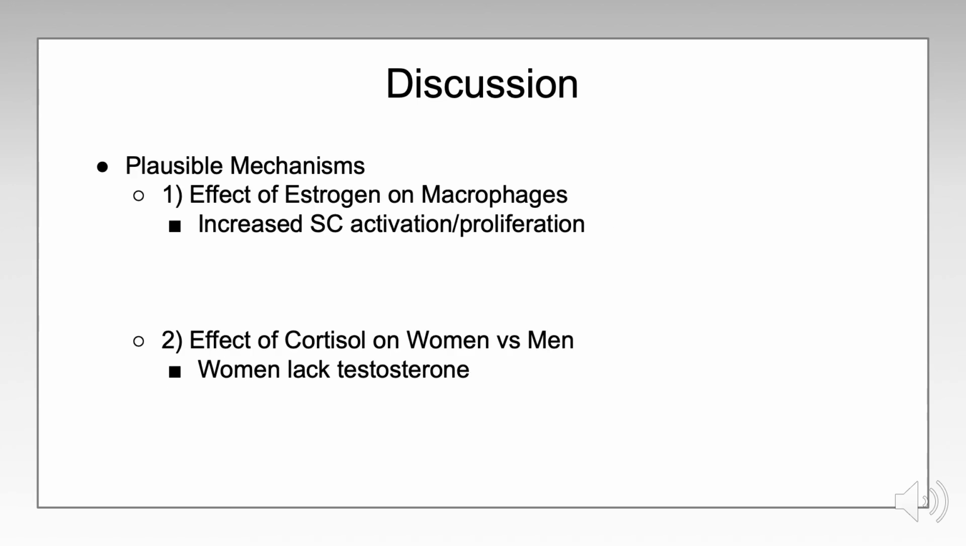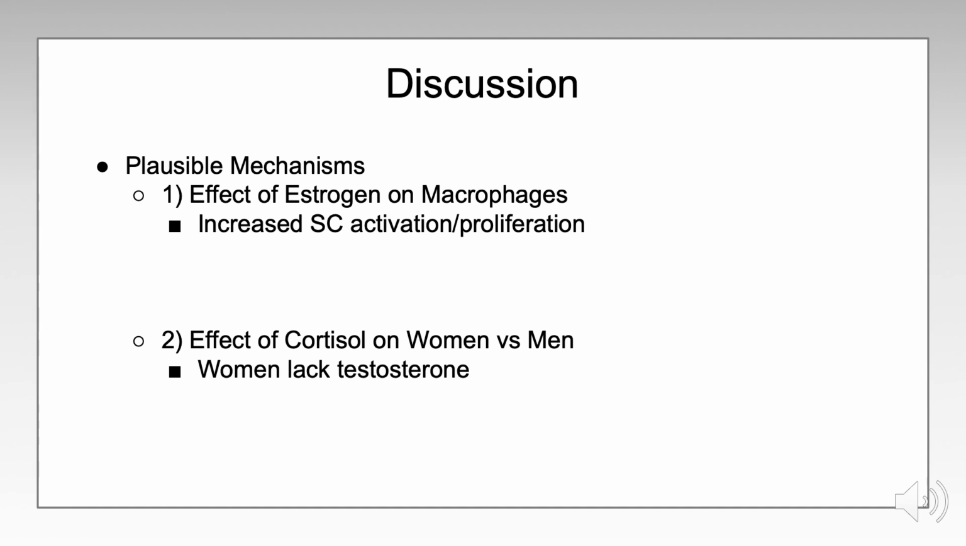Some plausible mechanisms for the differences in men versus women, as shown in the results, could be due to the effect of estrogen on macrophages, as macrophages have estrogen receptors. Macrophages mediate recovery from muscle damage by inflammatory responses or phagocytosis, followed by anti-inflammatory cytokines to facilitate recovery. The presence of macrophages have been shown to promote satellite cell activation and proliferation, while the absence greatly impairs satellite